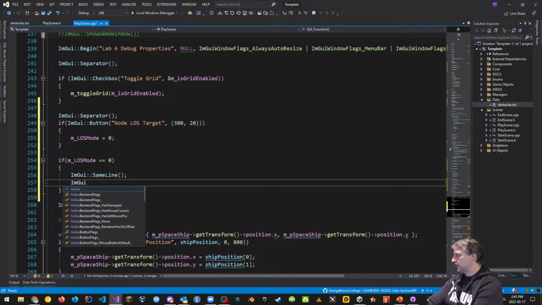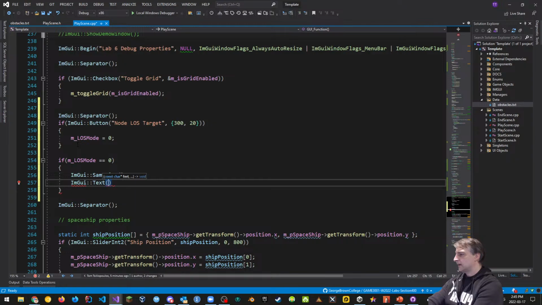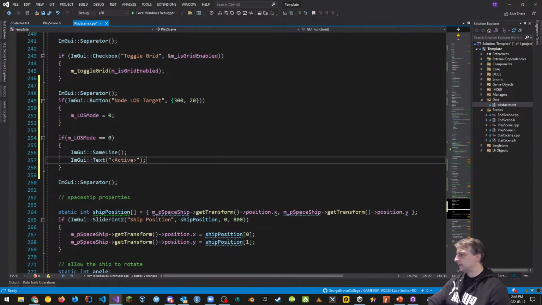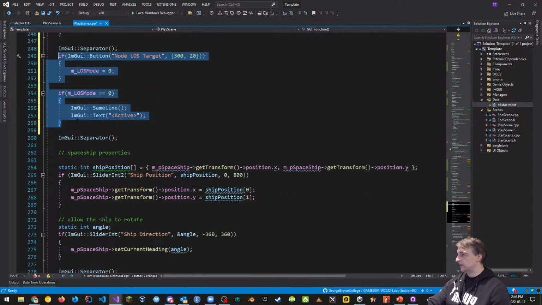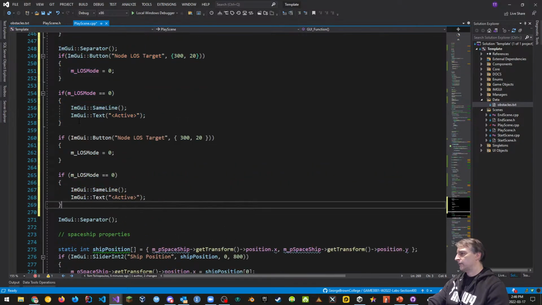This is interesting what Alex has done here. He adds a text label that shows active next to the button that's been clicked. So if this is true, then add an active next to that. That's what that means. Okay. We're going to do this again and again. So let's add a couple more buttons. So we're going to kind of do one of these, separator. Or does he do a separator? No, just this part.